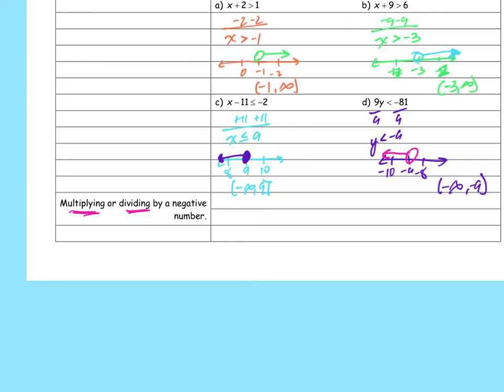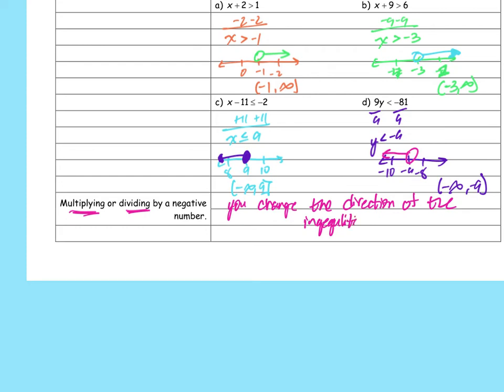It doesn't mean if my answer is negative. Only if I multiply or divide by a negative number, you change the direction of the inequality,